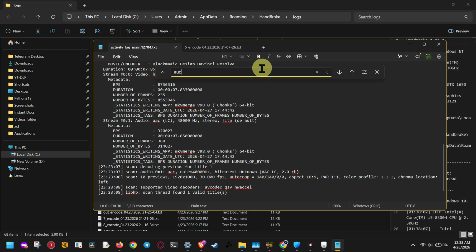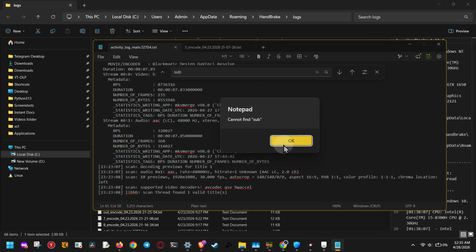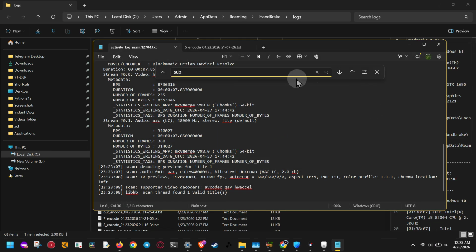Now let's look at the most common messages. If you see SSA, Shaper, error, that usually means a specific font is missing from your Windows system. In this case, the subtitle may rely on a font that HandBrake cannot find, which can cause the subtitle burn-in process to fail. The fix here is to avoid using burn-in for that subtitle track. Instead, try leaving the subtitles as soft subtitles, or install the missing font if you know exactly which one is